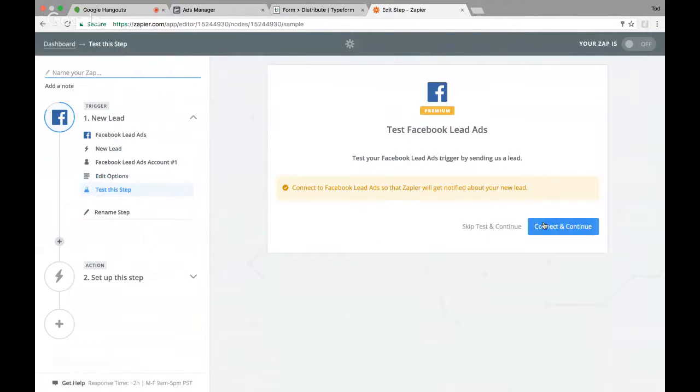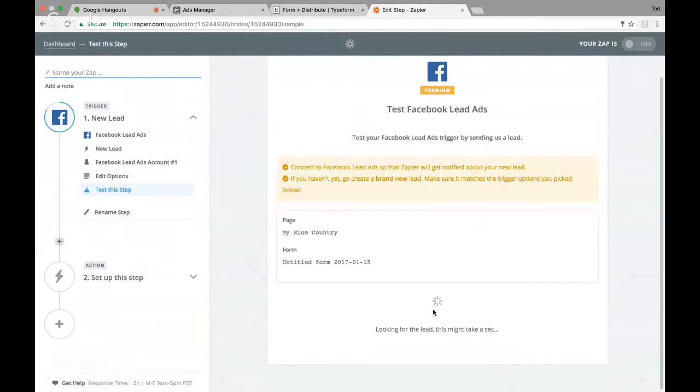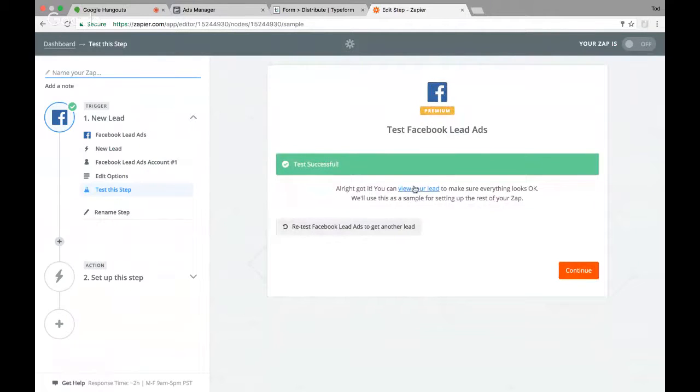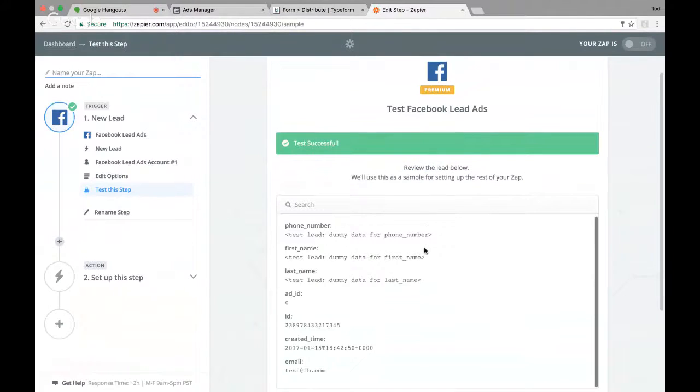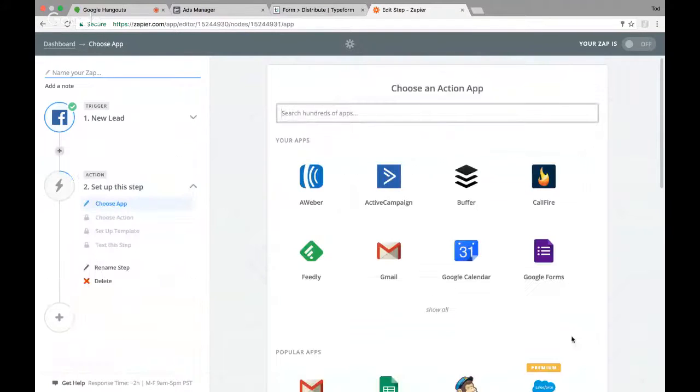So we're going to connect and continue. It's going to give you a test lead, so you don't have to fill your form out for this to work. Normally, you would have to have one lead for them to do, but they give you a test lead, so you can view it right here. It's dummy data. So you're going to continue, and then your action